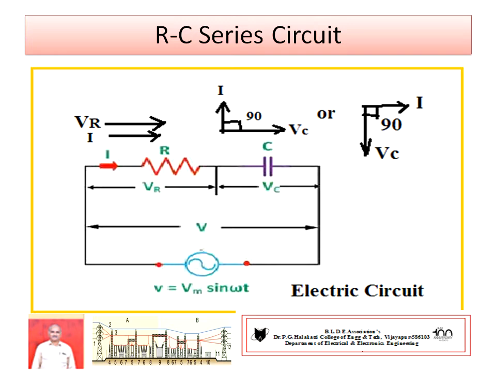Hence, the voltage drop across the resistance is VR and the current flowing through the resistance is I. It is already known that in a pure resistance AC circuit, VR and I are in phase. Phase angle is 0. In similar fashion, Vc is the voltage across the capacitance. In a pure capacitance circuit, taking Vc as the reference, current I leads. If I take current as reference, then voltage lags by 90 degrees.